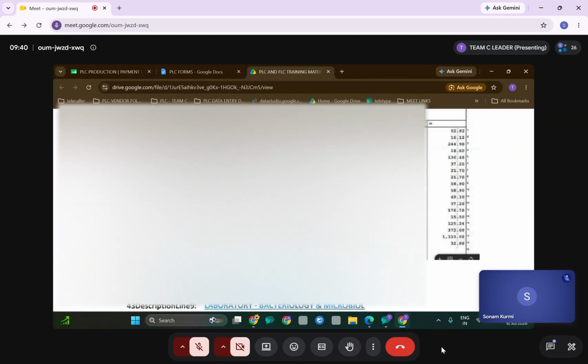Okay, so that is about that. But one more thing you have in the description. In the service line section here, this is also the service line section of the UB form, right? So even if something is written in small letters, make sure that you are writing everything in caps.